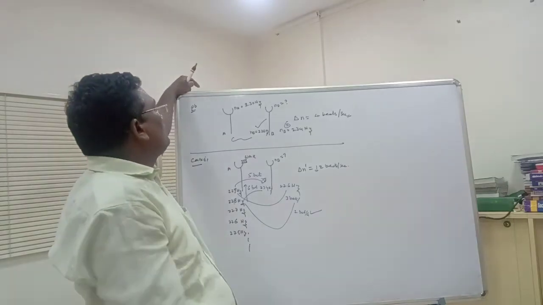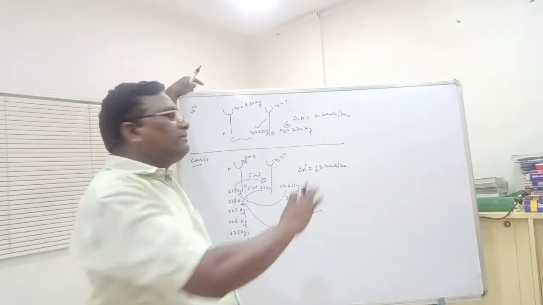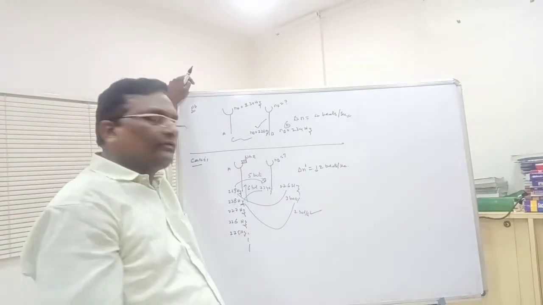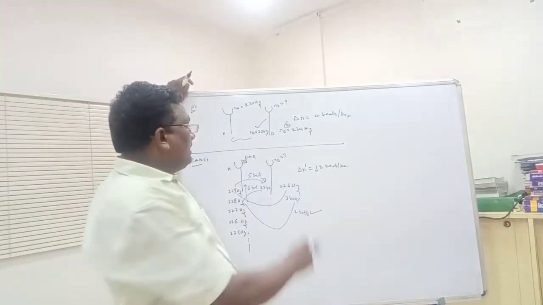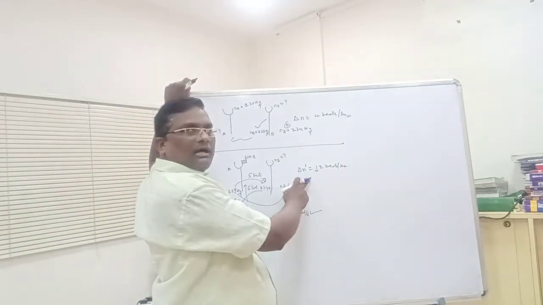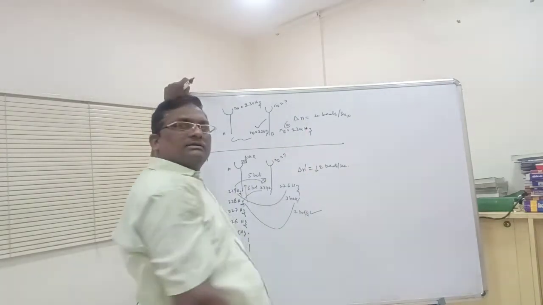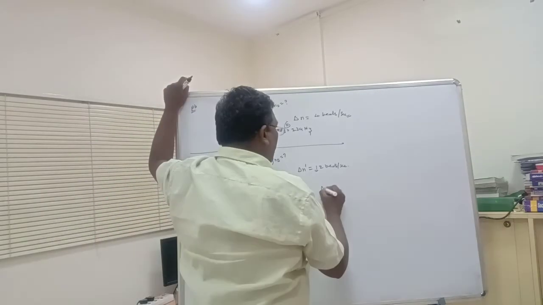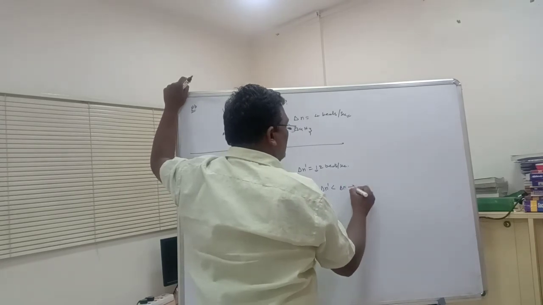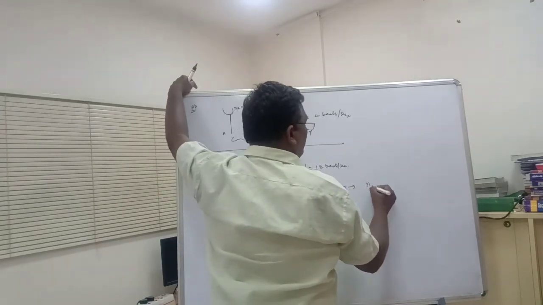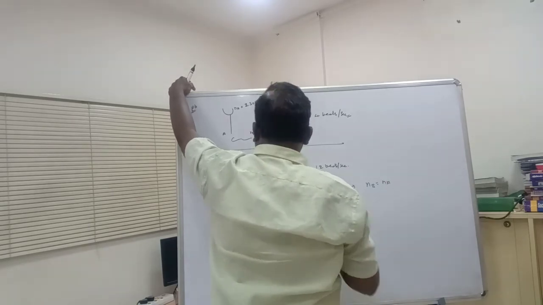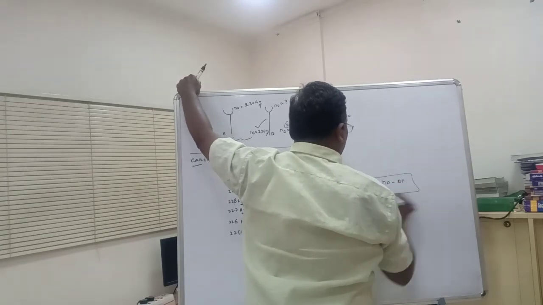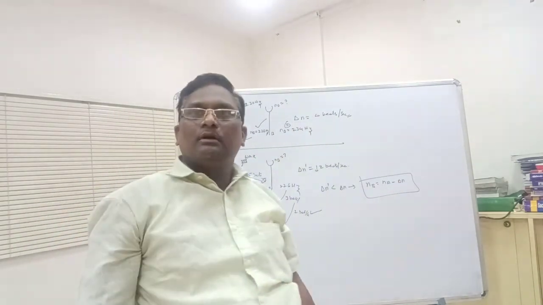This we will say like this. Suppose two tuning forks are vibrated together, you are getting beat frequency delta n. If the known tuning fork is loaded, and the number of beats are less than the original beats, that is delta n dash is less than delta n, then the frequency of the unknown tuning fork NB is equal to NA minus delta n. NB is equal to NA minus delta n. Like this you have to write. Okay. Right.